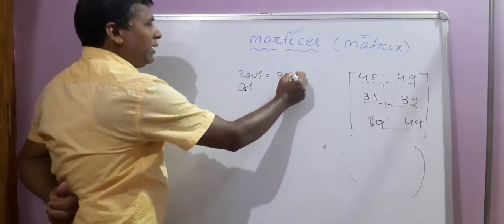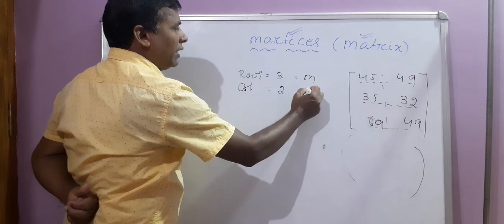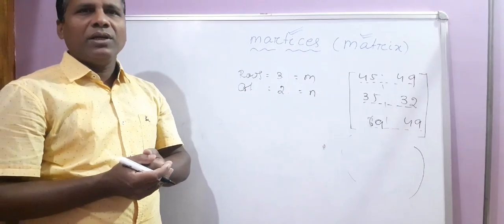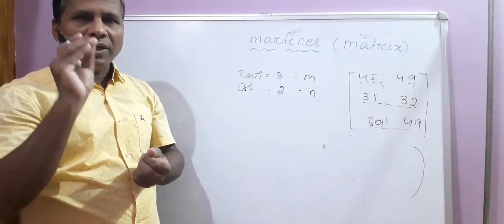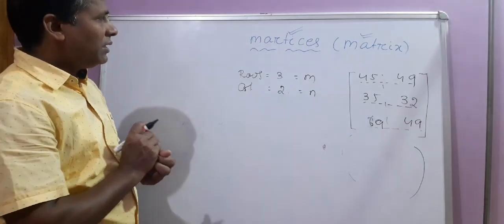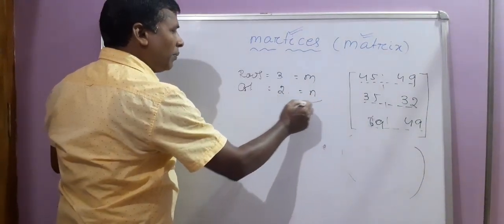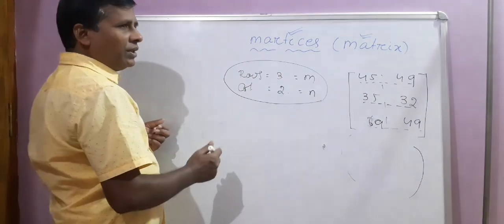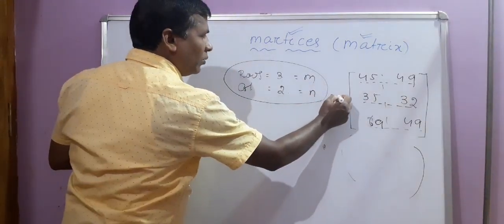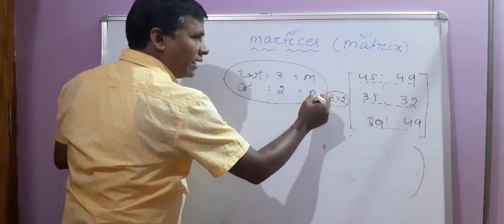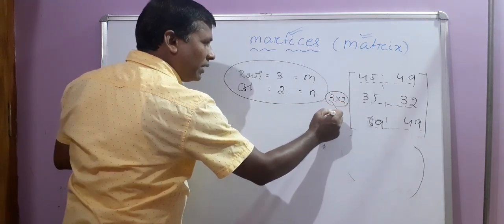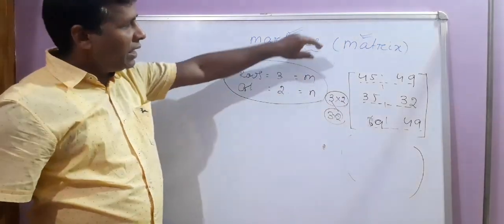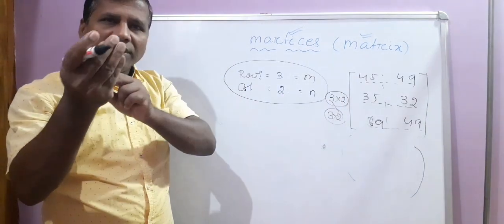That is indicated by M and N. So in a given matrix, the number of entries is given by a particular order of the system. That is 3 rows and 2 columns, so the order pair is 3 and 2, or 3 cross 2 order of matrix, where rows are 3 and columns are 2.